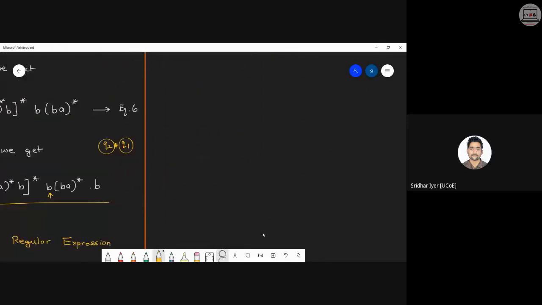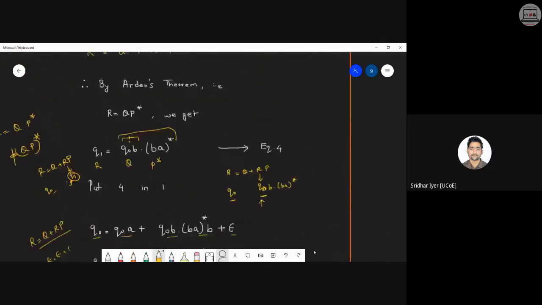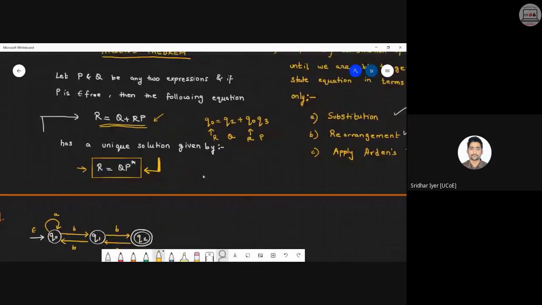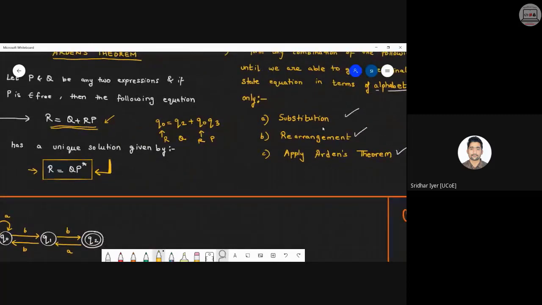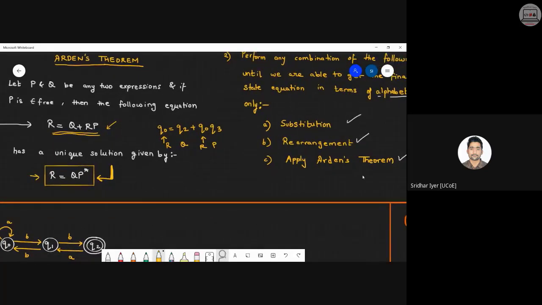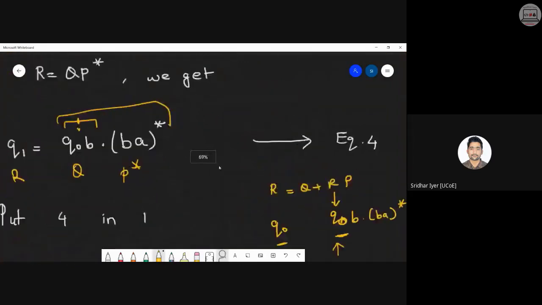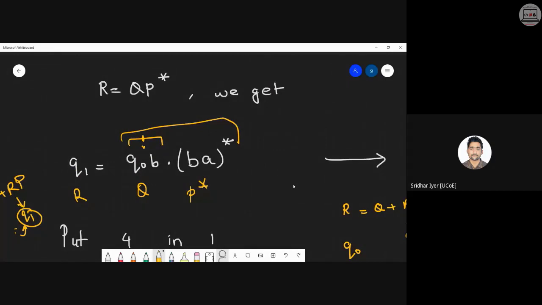Can we move ahead? Next problem. I just want to know whether you got how to solve the equation, how to convert that into this format, and then apply Arden's theorem. So basically, we did some substitutions. Yeah, 1 second, Yash. I'm just revising once again. You just need to do substitution, then rearrangement, and convert that into the format R is equal to Q plus RP, and then apply Arden's theorem. Okay. So now let me show equation number 4, and then we can move ahead. This is your equation number 4. Okay, clear?